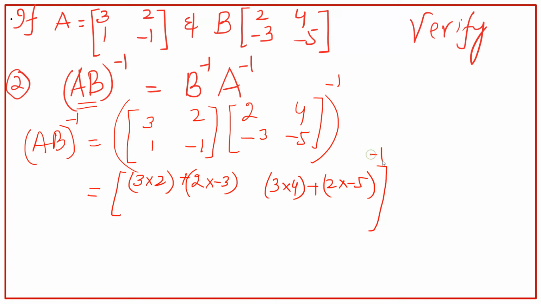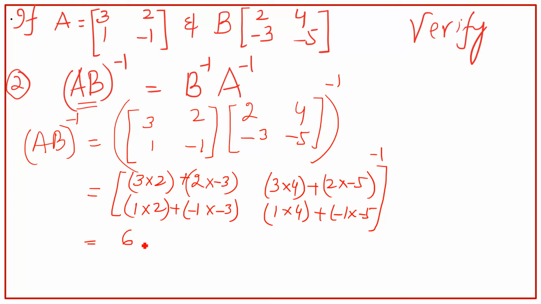right? At the end we have to take this. So 1 multiplied by 2 plus -1 multiplied by -3. 1 multiplied by 4 plus -1 multiplied by -5. Simplify it, it will be 6 minus 6, right? It will be 12, and then this is -10. It is 2 plus 3 and it is 4 plus 5, which is equal to 0, 5, 2 and 9,